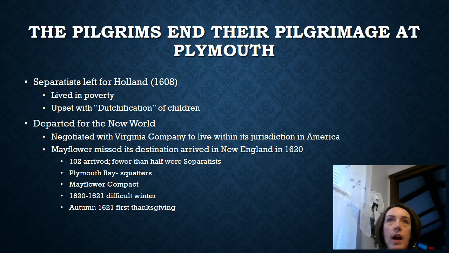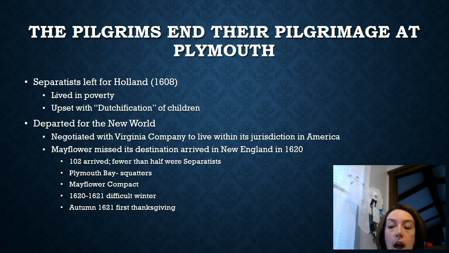A novel idea is they actually create the Mayflower Compact prior to leaving the boat. So they find Plymouth Rock, and before they get off the boat, they decide we're going to have a majority rules type approach to wherever we are. And this is not something that we would look at as groundbreaking, but at the time it was. They made this decision. This is a step towards introducing some democracy into the colonies, which will eventually influence the United States when creating a government. And it shows that they gave some thought to how they want to structure their living style.